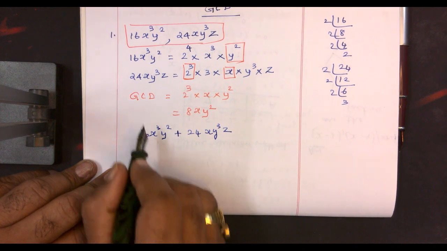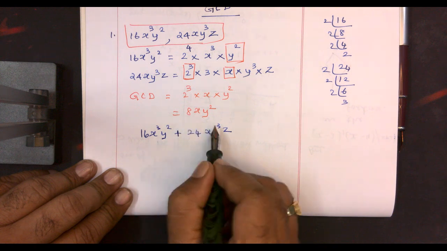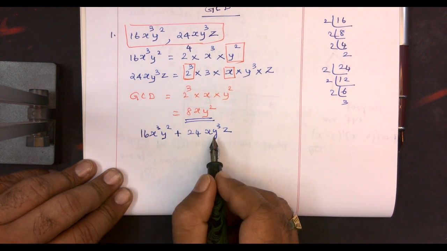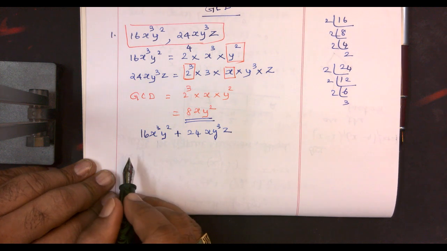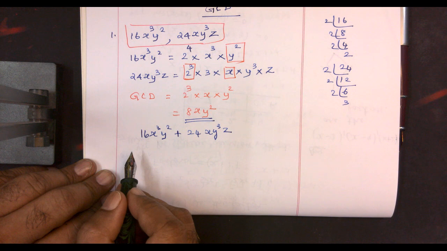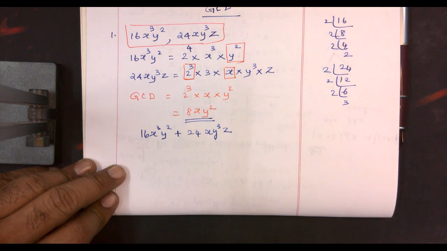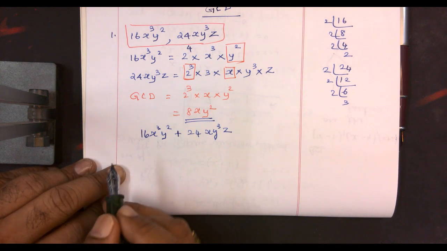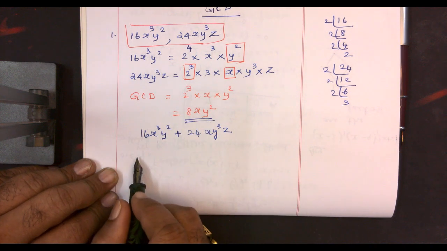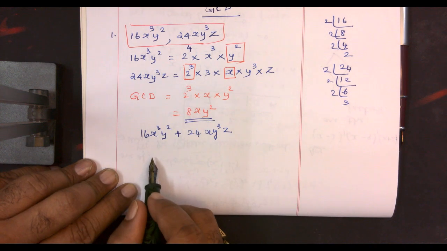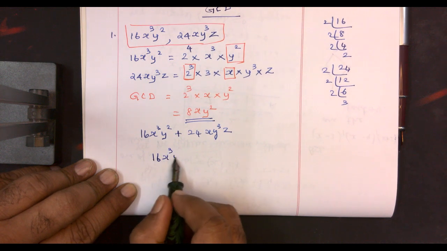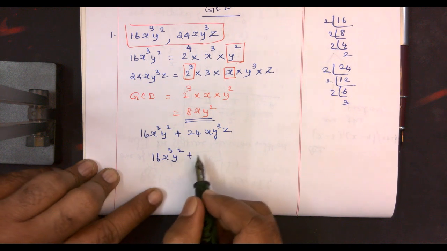So let us expand it. How to expand? You have to consider the GCD. So we have already worked out the GCD for these two terms. So we can take outside the bracket. What do you mean by that? When you take outside the bracket as multiplication, you have to divide by the same factor, same GCD. Okay, so I am taking outside. So I have got 16x cube y squared